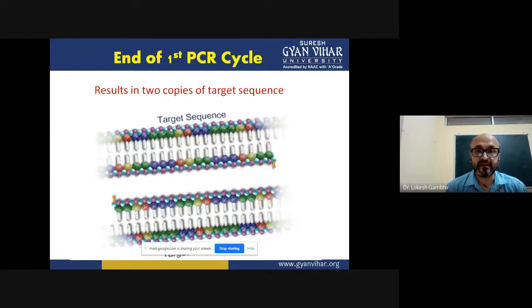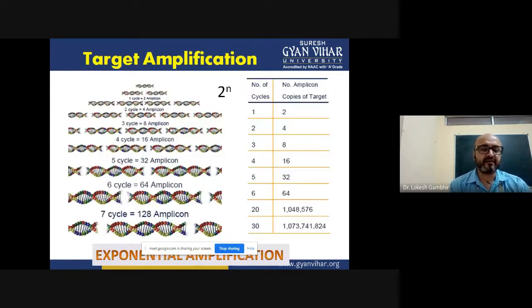The synthesis will be around 2 raised to power n minus 1, where n determines the number of cycles. So if the question comes, how many strands of DNA molecules are synthesized after, say, 5 cycles? What you will say is 2 raised to power 5, and minus 1 for the template molecule, so the newly synthesized DNA molecules are available to you. That is the thing one should remember, that this is just the first cycle, and then there are subsequent cycles to be formed, and henceforth you will see what you have in your hand after 30 cycles.